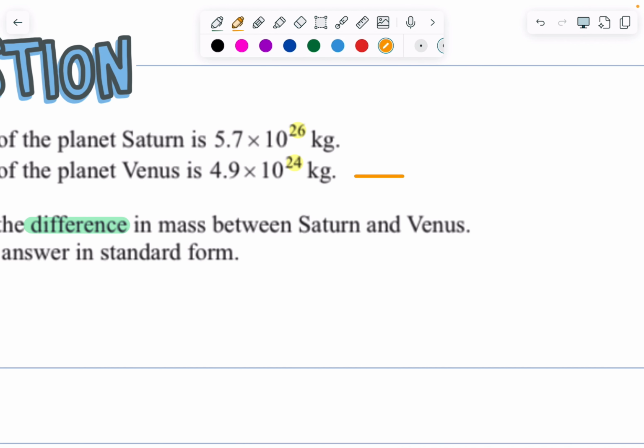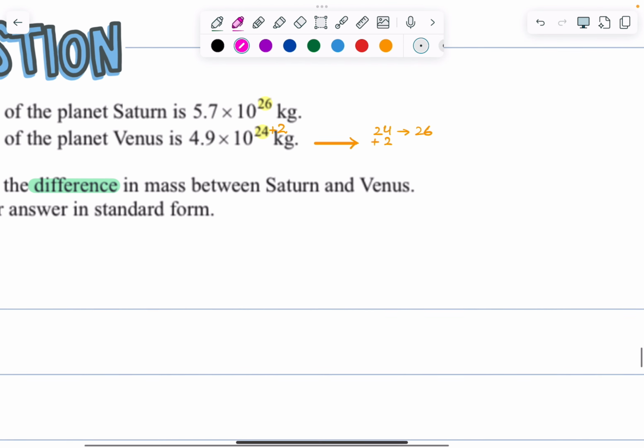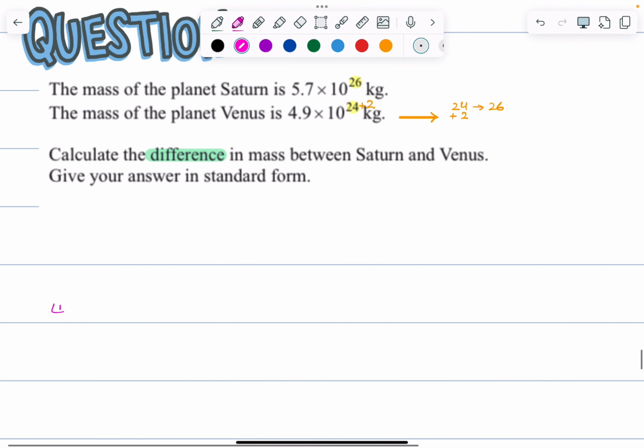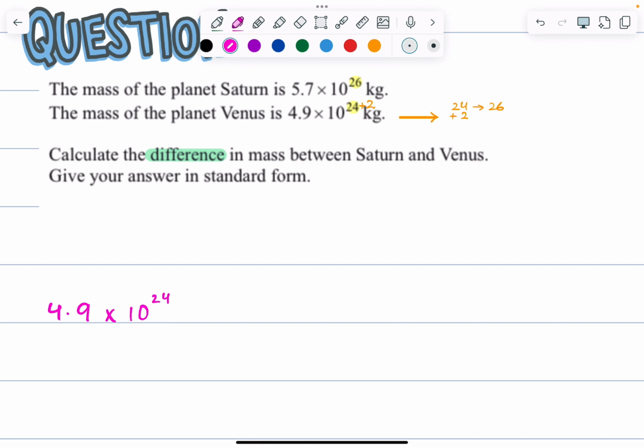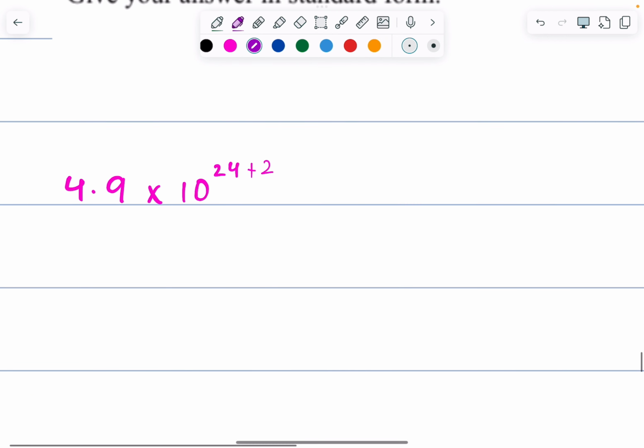Got it? Dekho, if I want to make 24 into 26, I will add 2 to the power, correct? So if I want to add to the power, hum kya karenge? Would we make 4.9 smaller? Hum decimal ko peeche leke jayenge, aage leke jayenge? 4.9 times 10 to the power of 24. I want to add to the power, so left ki taraf. Yes, ab hum number ko smaller banayenge because main power mein add karti hoon. Got it? So I will move it 2 points to the left.